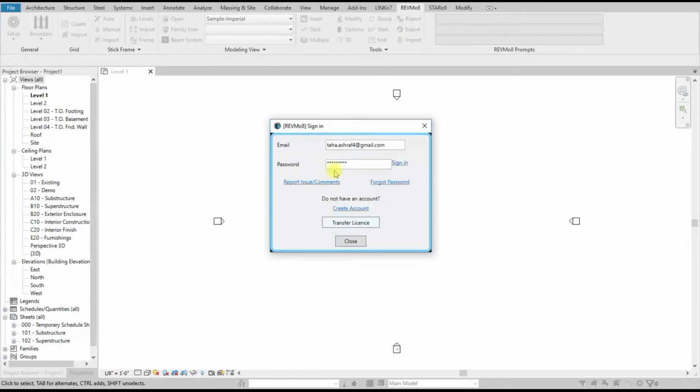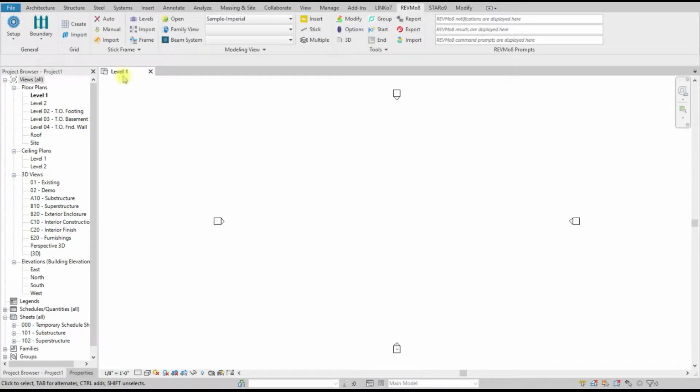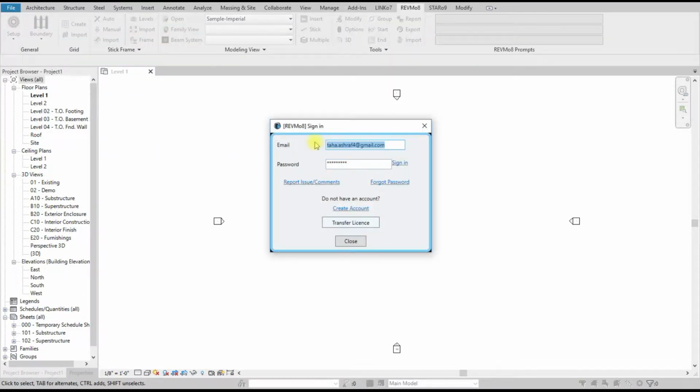The sign in allows you to sign in to the system. If you downloaded or have a subscription through the Autodesk App Store, you don't need to sign in using this utility. If you have a subscription through the company MDC Software Solutions, you need to sign in after you activate your license. So if you downloaded Rhythm 8 through the Autodesk App Store, you can only use